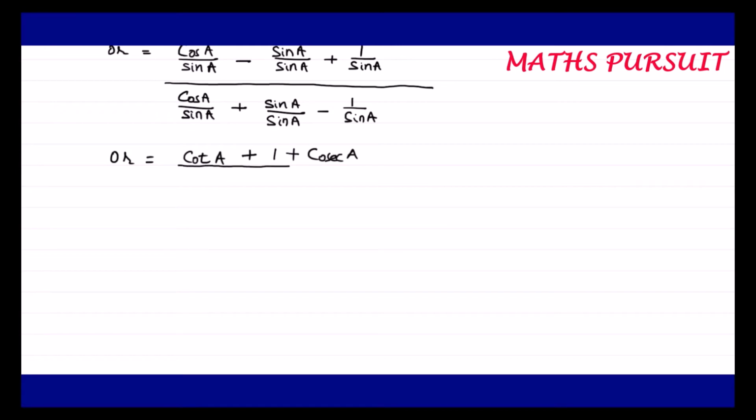Now a similar thing we will also get in the denominator, that is cos A upon sin A, that is cot A plus 1 minus cosec A. Hope guys till here we are pretty clear. I am solving this expression step by step. I am not leaving any of the steps so that you people can understand whenever we refer back to this video or to this workout.